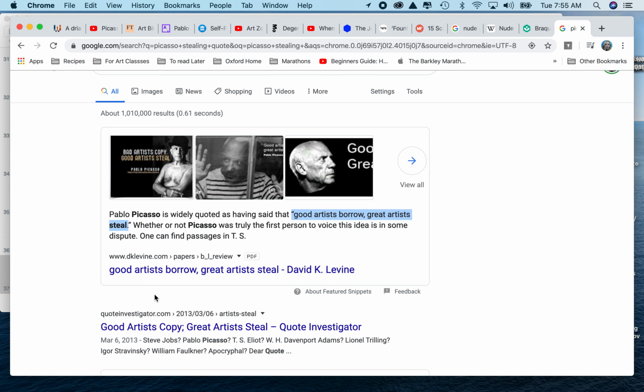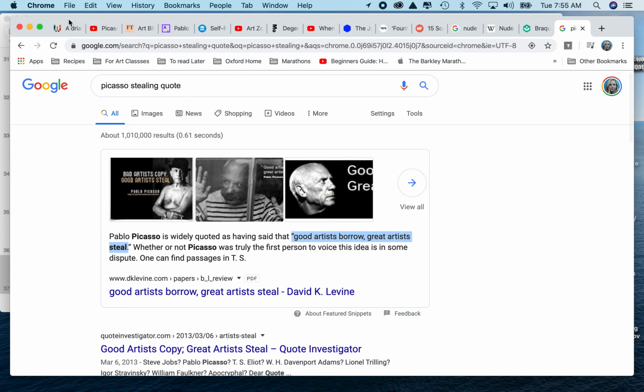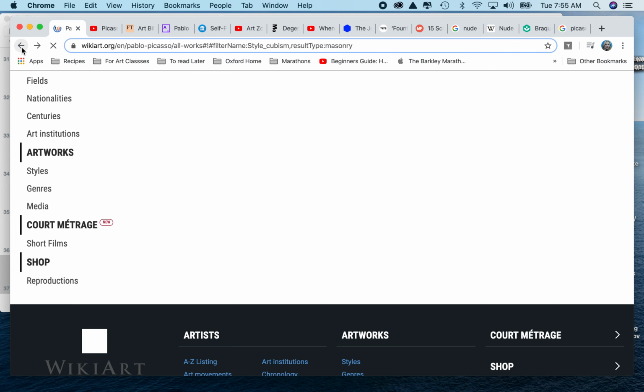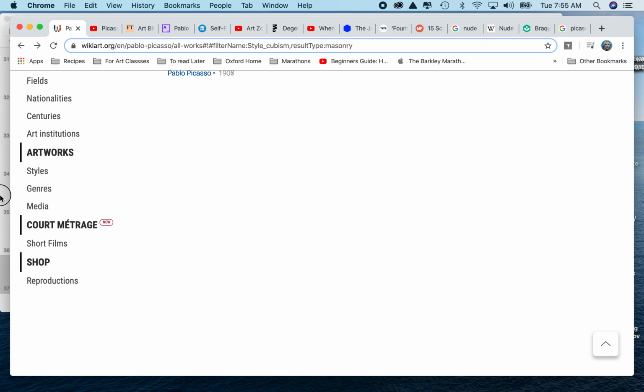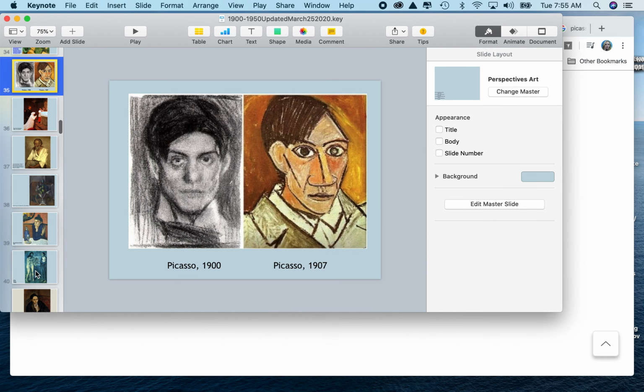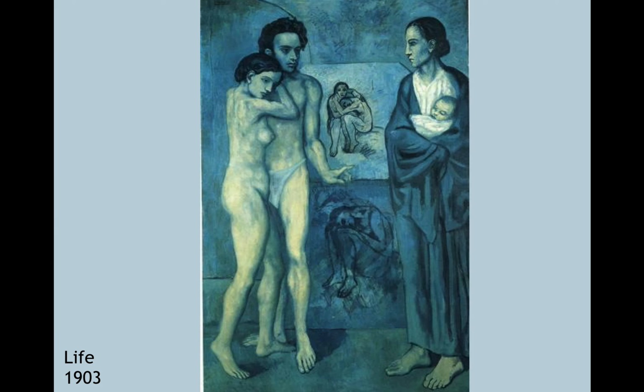So that's something that he has been reported as saying, because he did try so many different styles. His blue period is this one that I mentioned before, Life. And his blue period was after the death of one of his friends. There are also some rumors that perhaps he was so poor that he was gifted a bunch of paint, but mainly in the blue realm, so that's all he could work with. People thought he was just melancholy, but his blue period lasted for long, where he only worked in blue.